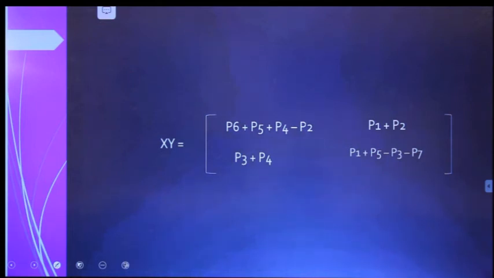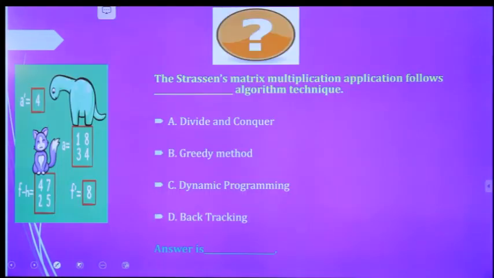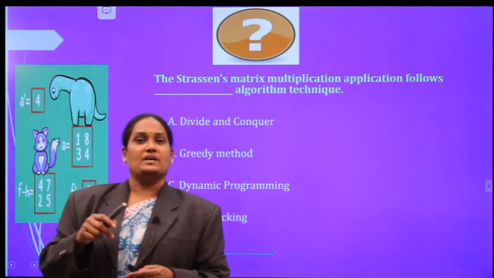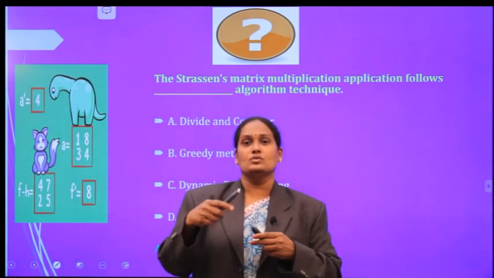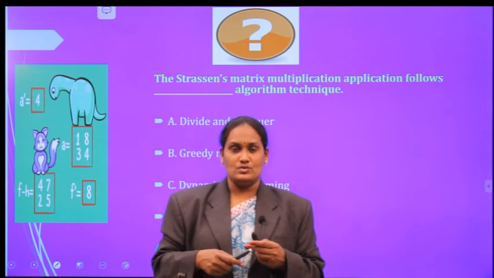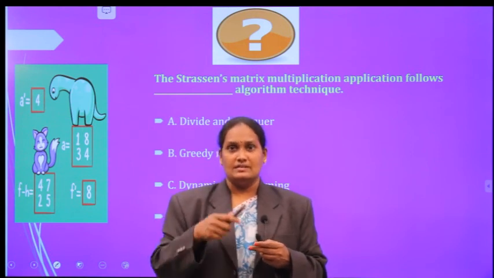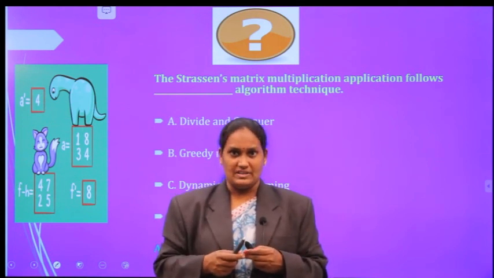You can just have your own method to learn this product of the matrices X and Y. A question of structure and pattern generally comes in examinations for 12 marks. So you can just use this method to memorize the form of structure and pattern for your exams. Right. I hope you all understood how to remember all those values for writing in Strassen's matrix multiplication.